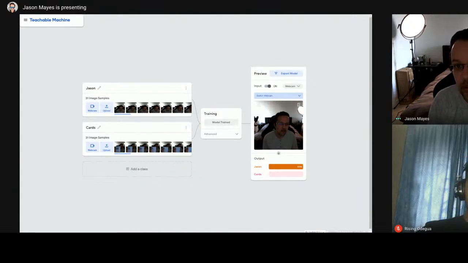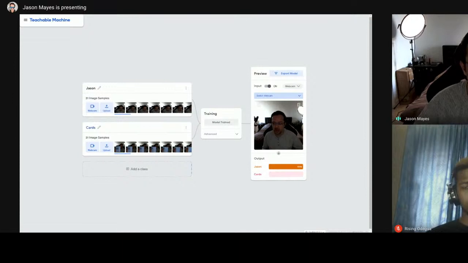Now, the one thing to note with Teachable Machine is that this is all being trained in the web browser. So there is an upper limit as to how much training data you can provide due to the limitations of how much RAM is used per tab in the web browser and so on and so forth. So Teachable Machine is great for prototyping. It's great to try an idea out, but you might want to look into other methods that maybe will be in the next talk, in fact, on how you want to make more robust versions of this for production use cases where you have much more training data and many more classes potentially too.